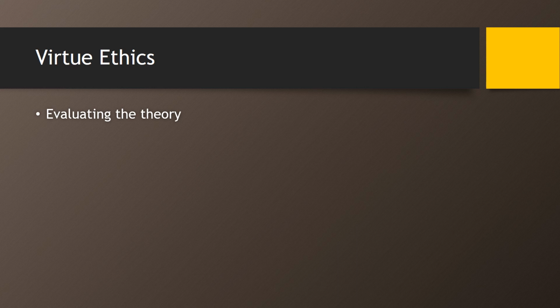As we're going through this course, I'm not as concerned with presenting theories and then criticizing them, which you would do if it was a moral theory class, as much as saying, okay, this is a way to think about ethics and a way to think about ethical decision making and how we talk about it. We talk about it in terms of traits of character. We talk about it in terms of the good life. And so that's the important thing to keep in mind, that this is more of our arsenal or our toolkit for talking about ethics and for reasoning with others and getting into discussions with others about ethical matters and important issues.